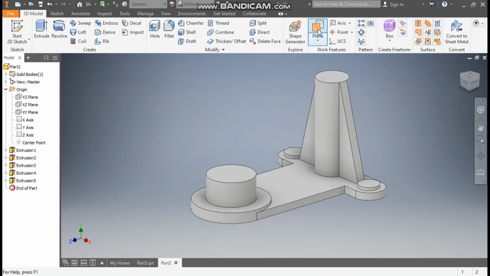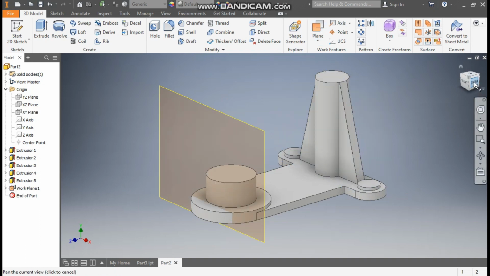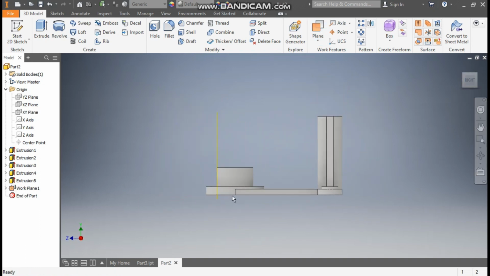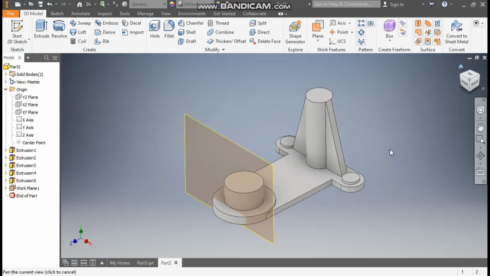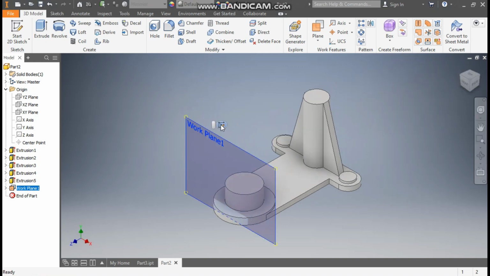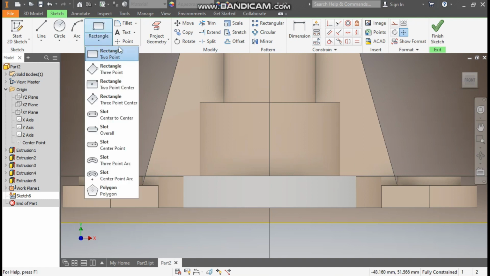Here click on plane, and here we are going to select the XY plane and select this circle. Now when I rotate this to right view, you can see a tangent plane has been constructed about this circular profile. Go to home, select this plane, go to create sketch, and here take the rectangle command, take 2-point